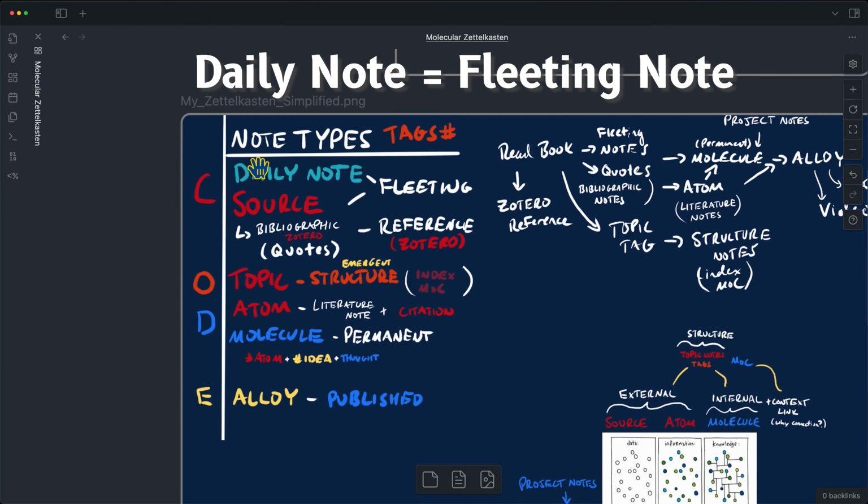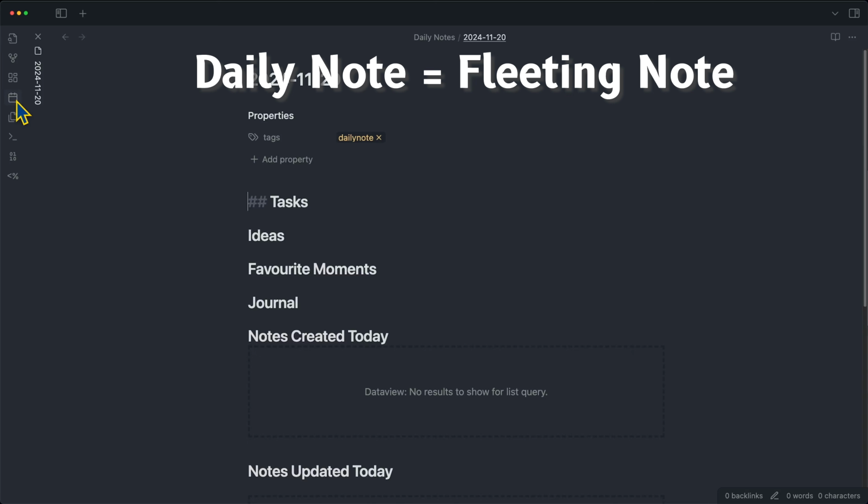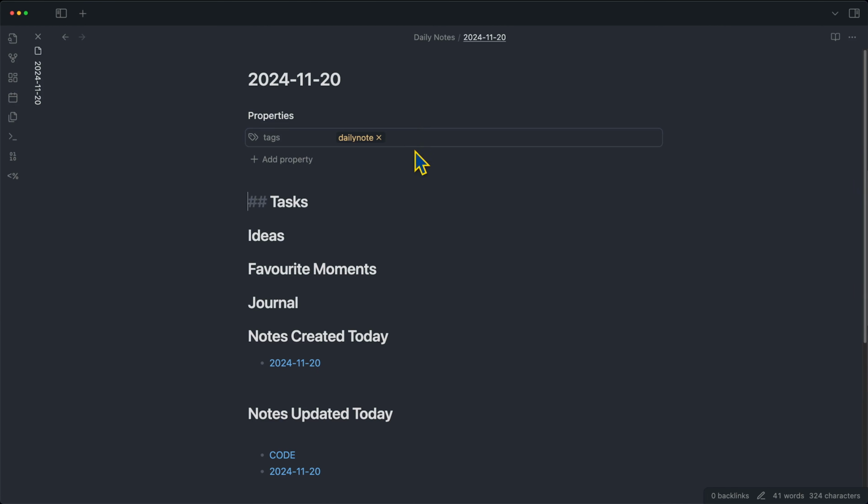So then there's also a daily note, which is another type of fleeting note. And basically, that's just a way where I can click a button on the side and it will create a new note for me. So this is like a dumping ground where I'll drop thoughts, ideas, concepts, things I want to look into, questions, any thought that comes to my mind. Any fleeting thought I'll add here as a fleeting note.